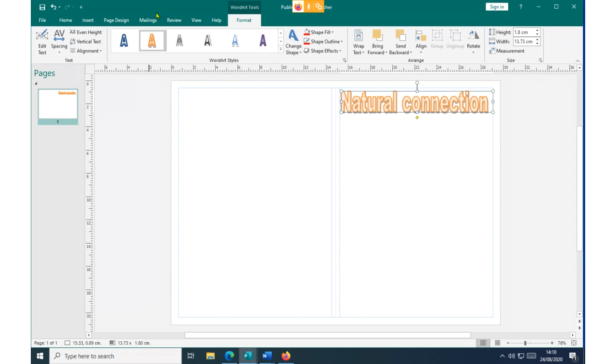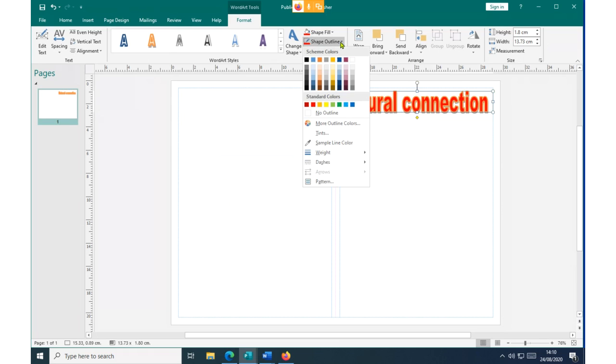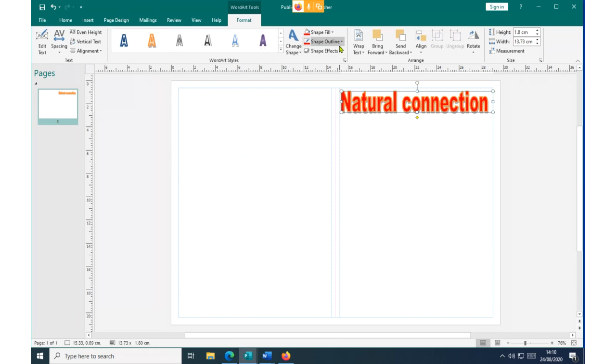If they are not there in design, you click on format and then change the color of the word that you have been given to suit what you want. Like now, I pick that color. The outline is the line around it. You can change its color, but we encourage that you don't change that one. Sometimes, if you put one color, it will affect your word art.